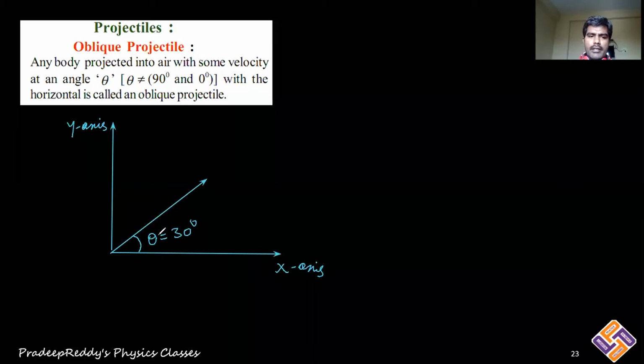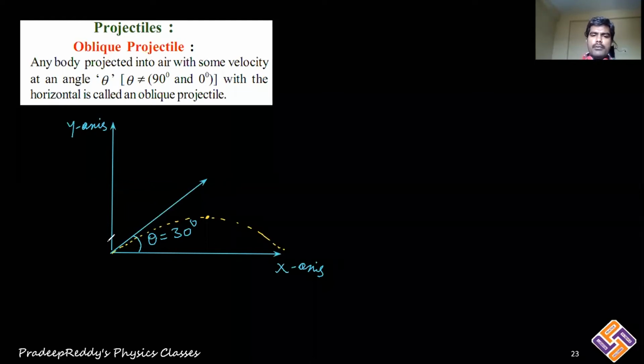Now this body which is being projected is neither traveling along horizontal nor traveling along vertical. It moves in the plane, and that too in the xy plane it travels in such a way, it could be like this. So it can travel in such a way that it has both x component and y component. It is projecting some length along x-axis and also some length along y-axis.